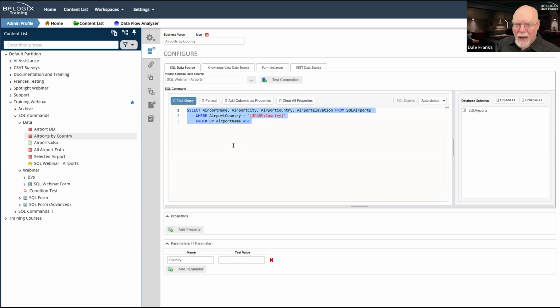SQL Server has, and Oracle does too, an ability. They're called stored procedures. Now, stored procedures are much more complex SQL things, so we're not really going to discuss stored procedures today, except to say that there may be a time when you both need to return data from a database and you need to alter data in the database as well as part of this procedure.